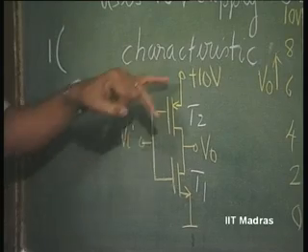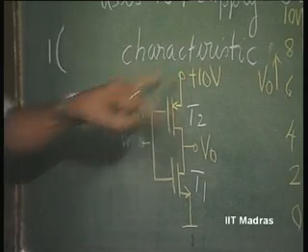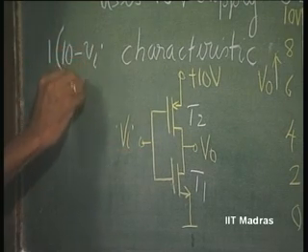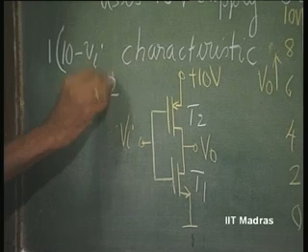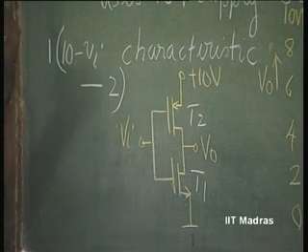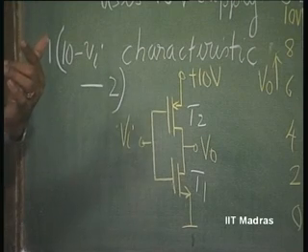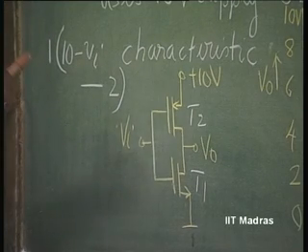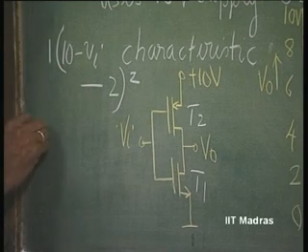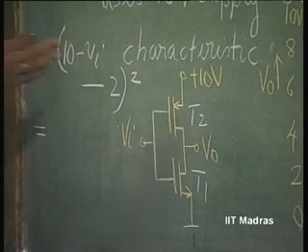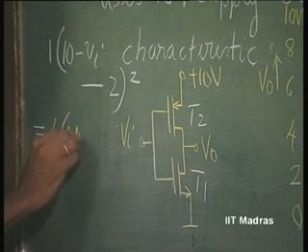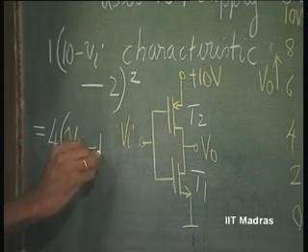So, 10 minus Vi minus 2 volts. Otherwise, it would have been Vi minus 10 plus 2 volts. So, this square equals K of the other one, 4, into Vi minus 1 square,